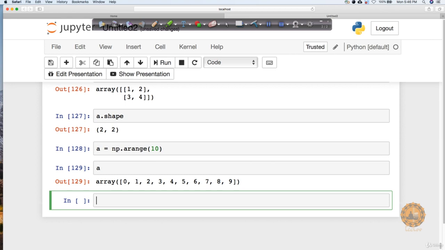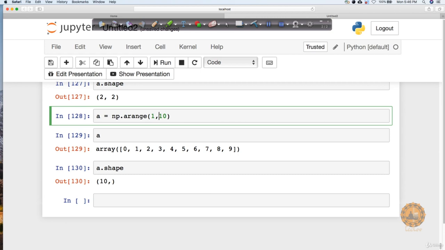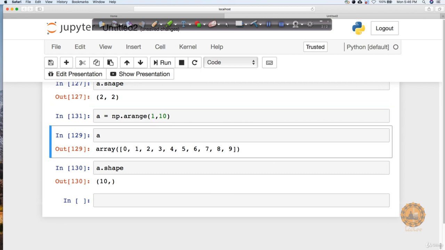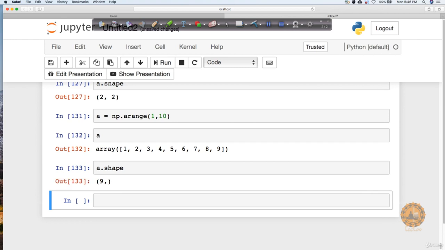Now I'm going to say A dot shape. You can see that it's returning 10 comma this, right? Or I could have in fact taken it from 1 to 10 so that I can easily convert it to 3 cross 3 if I want to. Okay, so let's do this.